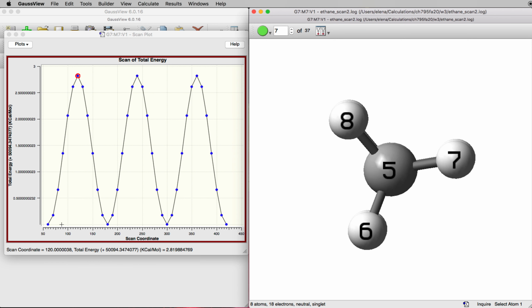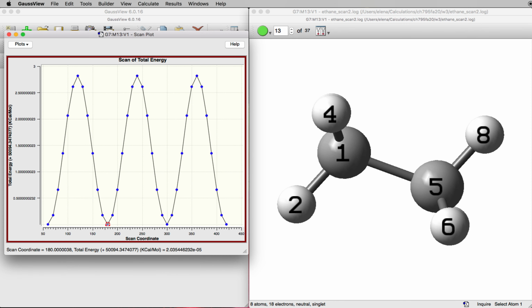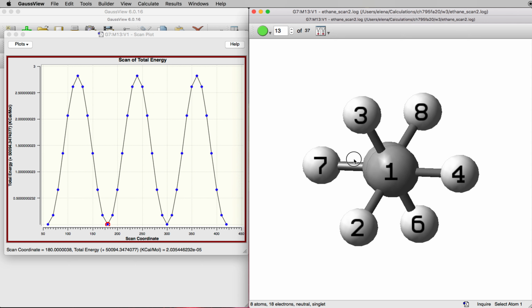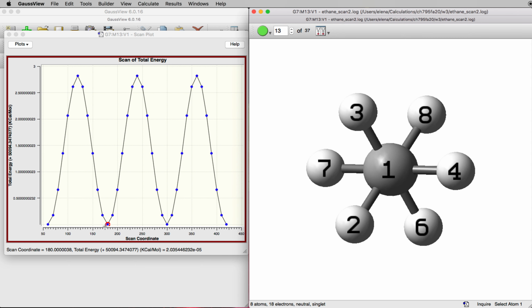So the minima correspond to stable conformations, maxima correspond to transition states on my potential energy surface. Of course, these are just approximations to the transition state, and this is not necessarily the exact conformation for my molecule, but it's somewhere in the neighborhood of the real one.